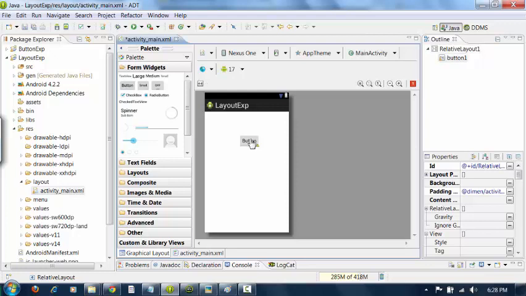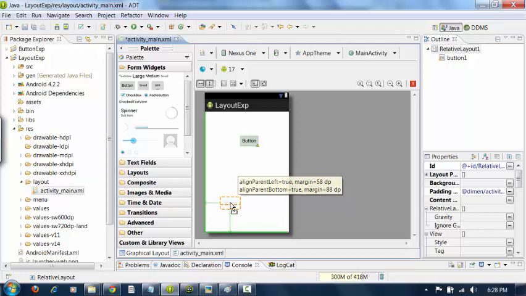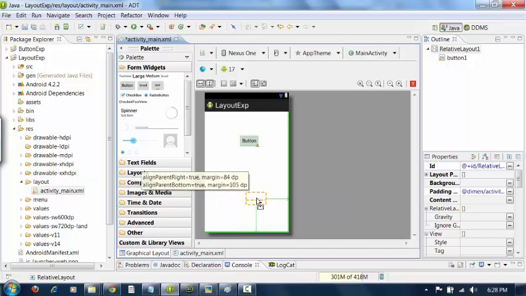In the same way, if you try to place this component in the second quadrant or top left quadrant, then it is asking to provide margin from top and left. In the same way, if you place in some other quadrants, it is asking the margin with respect to right bottom or left bottom.